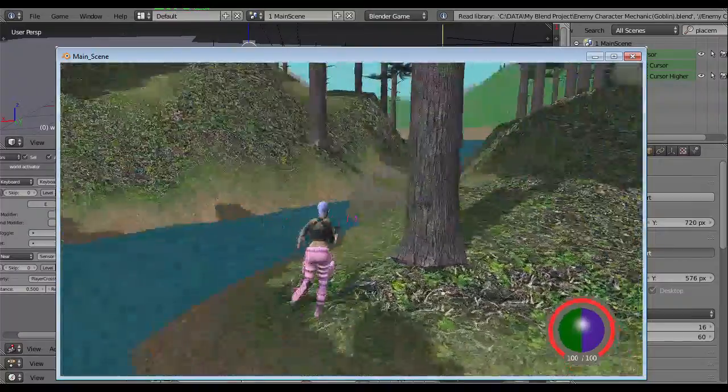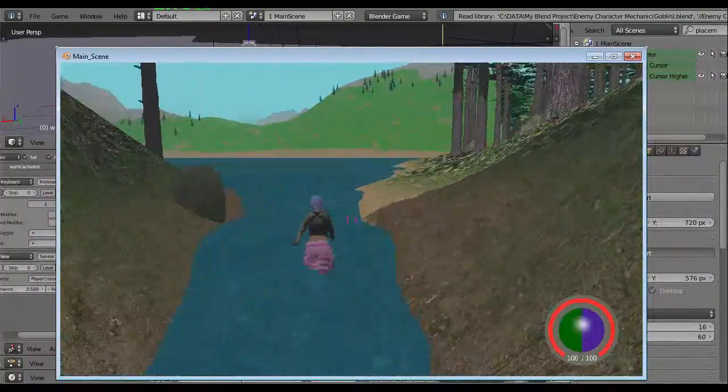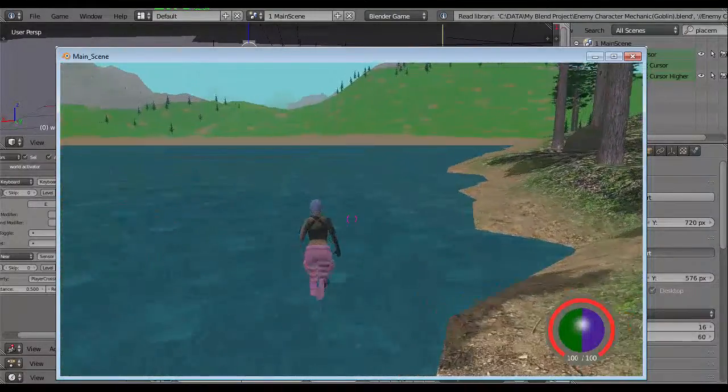See the river. I got the lake. Can I swim? Hopefully.